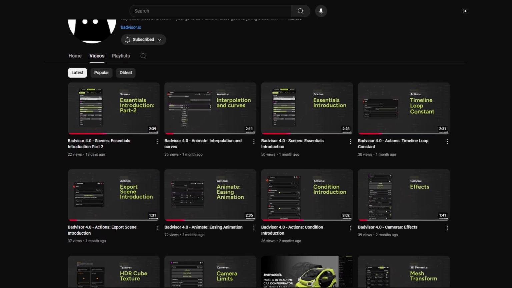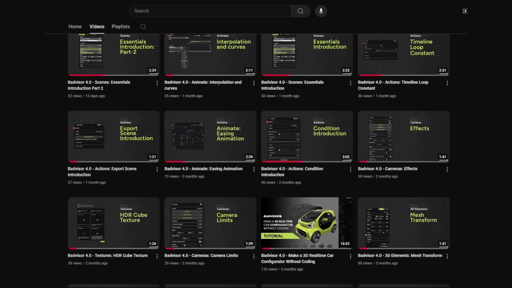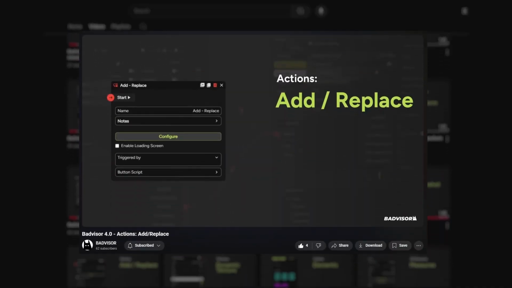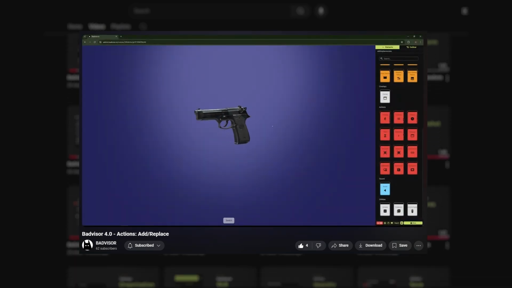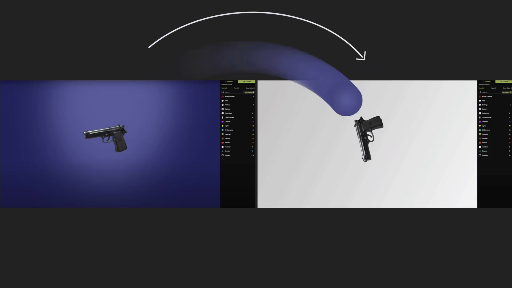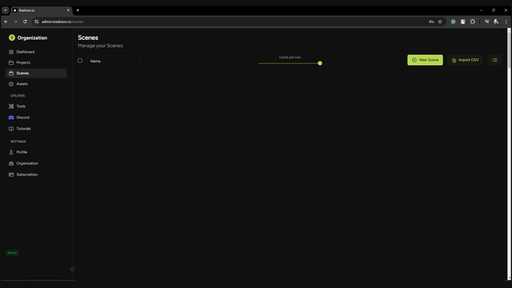Welcome. For this quick tutorial, I want to introduce you to an amazing option that can go unnoticed easily. In a previous tutorial, I introduced you to the Add and Replace node. However, this action will replace all the items inside the scene, but this option is more to organize or clean